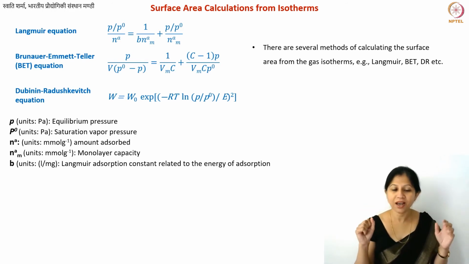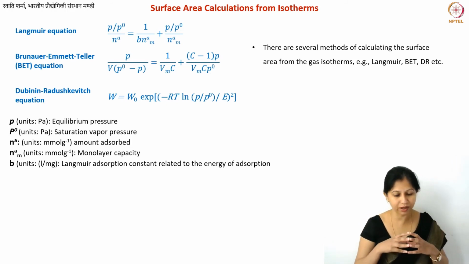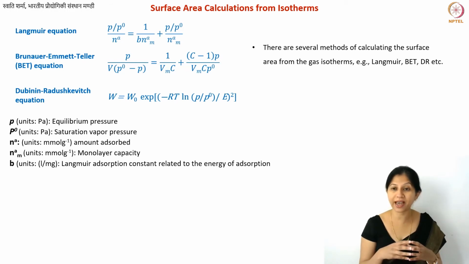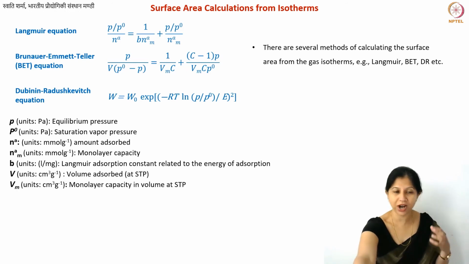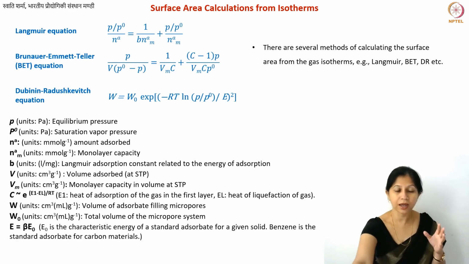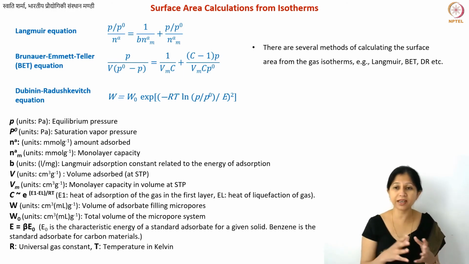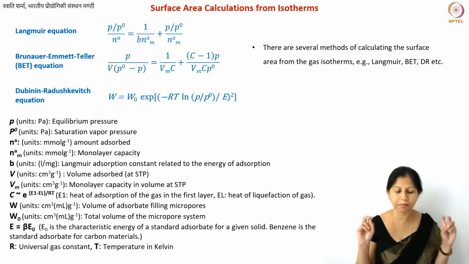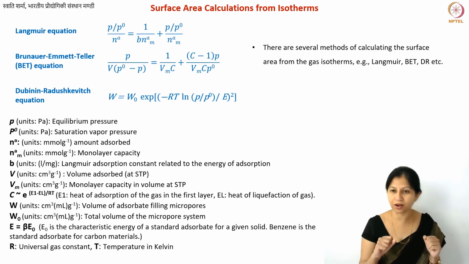The idea here is that we are pretty much calculating the same thing, but only the units differ. Now we don't calculate the adsorbed gas in terms of volume, but rather the overall quantities. So a very important thing is the units. In all cases I have mentioned the units, because even if you don't understand the exact name, whether it is volume based or what you mean by quantity and amount, the units will make it clear to you.